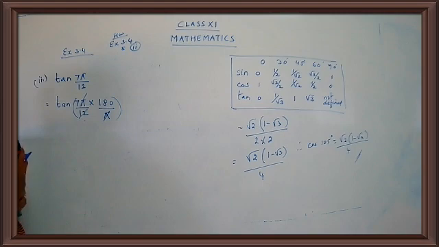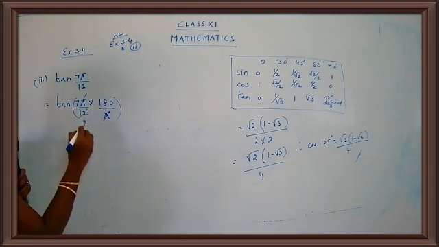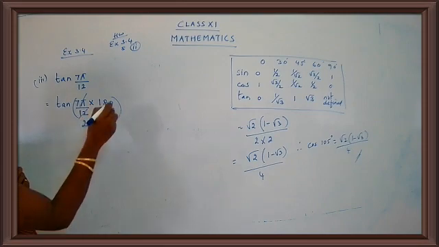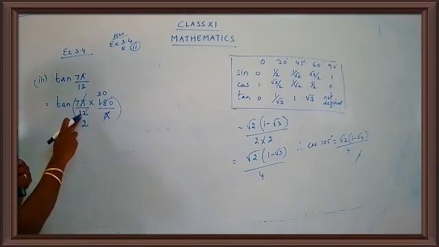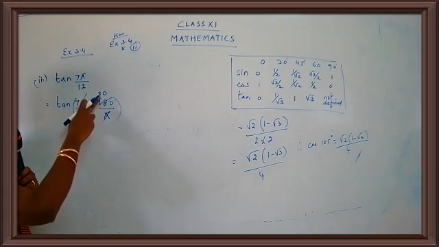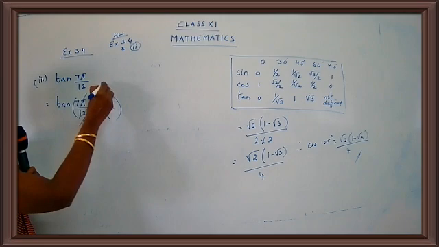We can just go with the 2 table, or the 6 table will also be easier. 6 2s are 12, 6 3s are 18, and 1 zero is left out, so 30. Because 12 and 18 are common to the 6 table. So 6 twos are 12, 6 threes are 18 and 1 zero left, so 30.